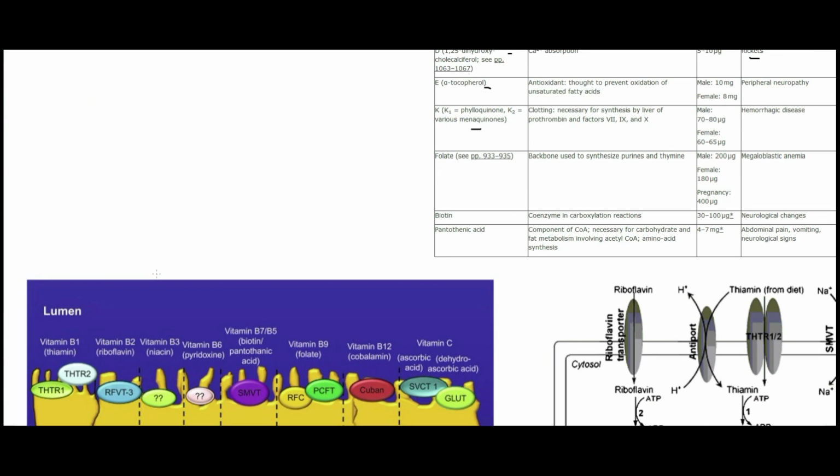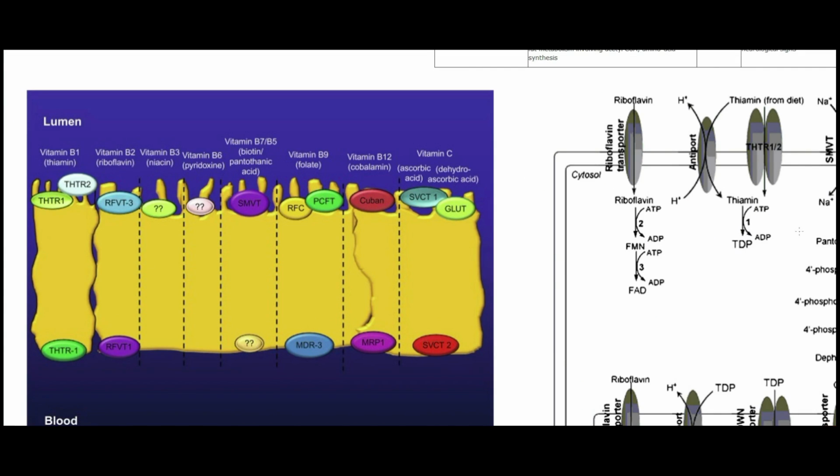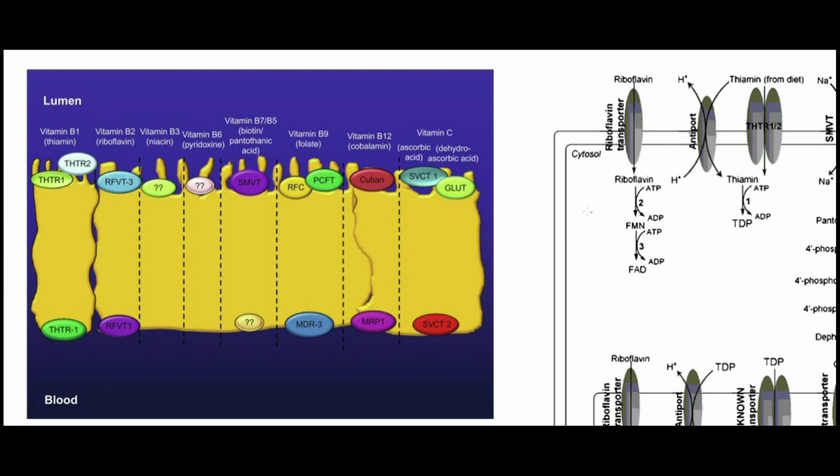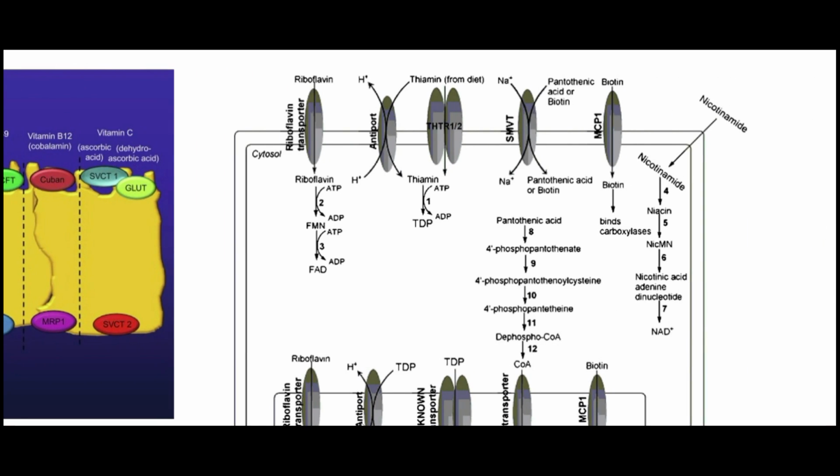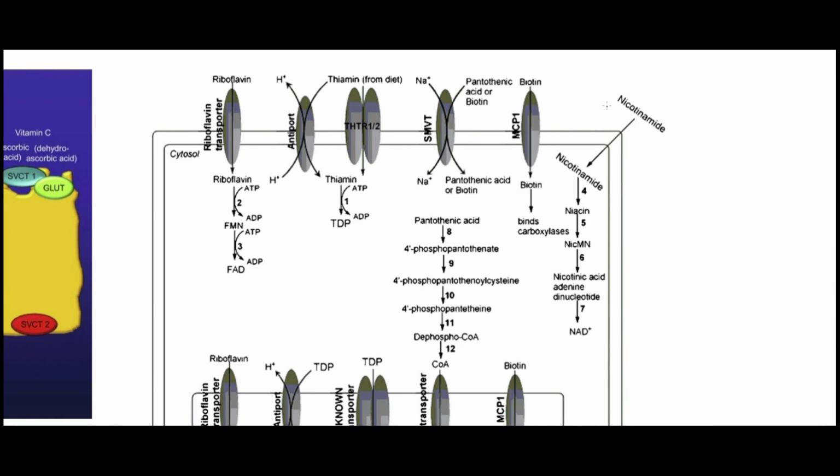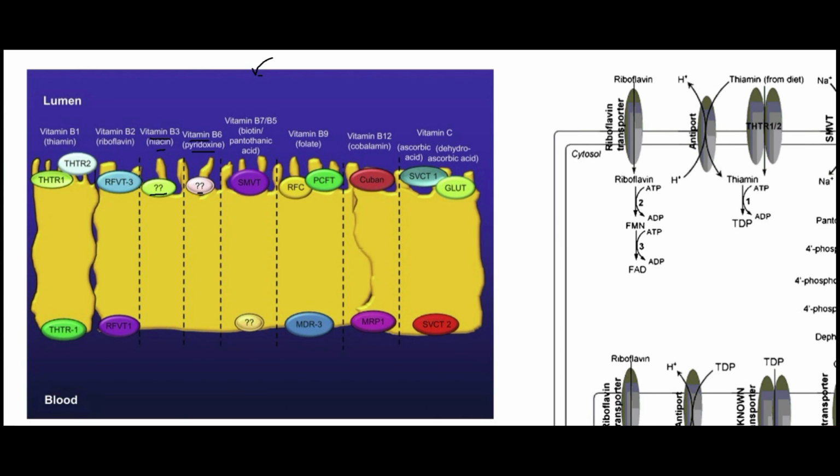One other thing I wanted to talk about: these figures here show quite a few of these receptors, or transporters rather, for bringing in these different vitamins. This one has all the water soluble vitamins here. The ones I wanted to note here are vitamin B3, which is niacin, and vitamin B6, the pyridoxine, which have these question marks here. If we look at this one over here, this one shows the nicotinamide. So the vitamin B3 there is